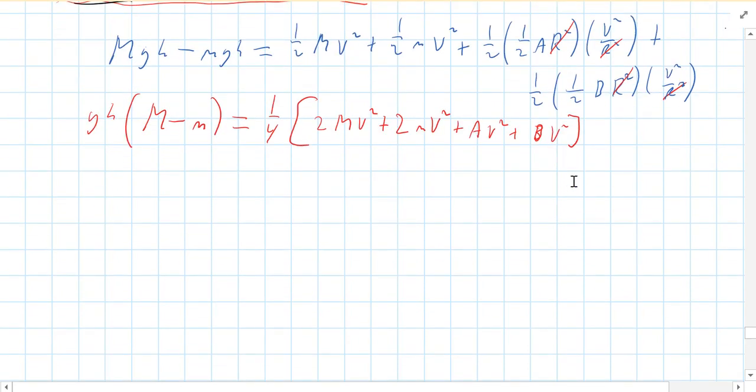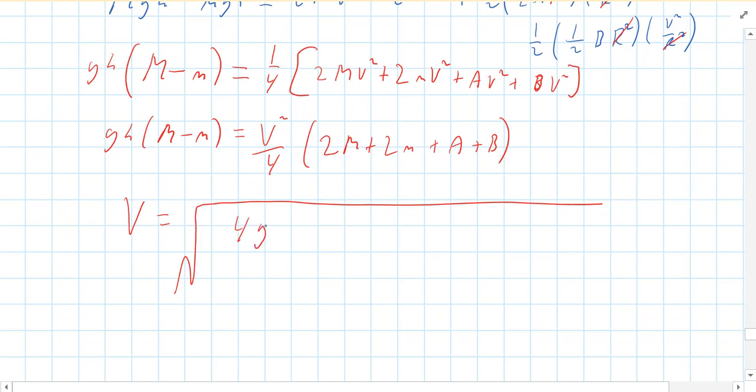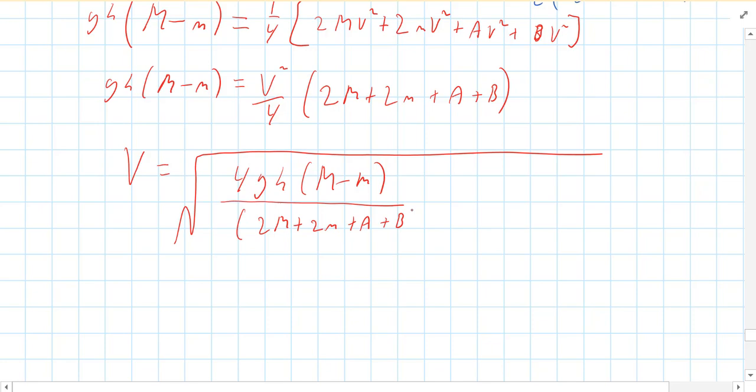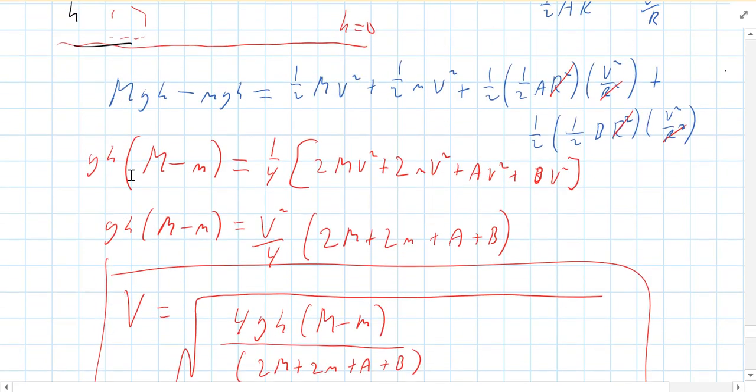Okay, so now I've left physics and I am doing algebra. I'm trying to solve for v, so I can pull that out. We've got big M minus little m equals v squared over 4 times 2 big M plus 2 little m plus A plus B. And then I can get v. v is going to be a square root, and we have a pretty big expression here. It's going to be 4 g h, pardon me, 4 g h times big M minus little m, divided by all this stuff here: 2 big M plus 2 little m plus A plus B. So there is the final velocity of the two masses when the big mass, starting from rest, has fallen